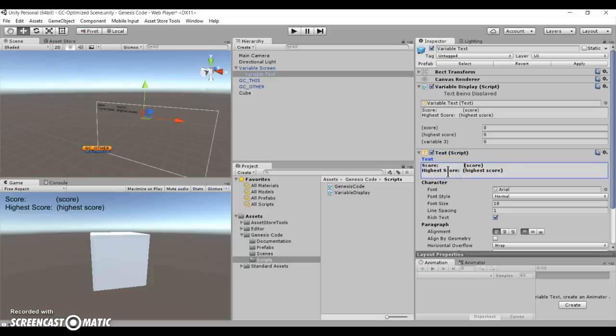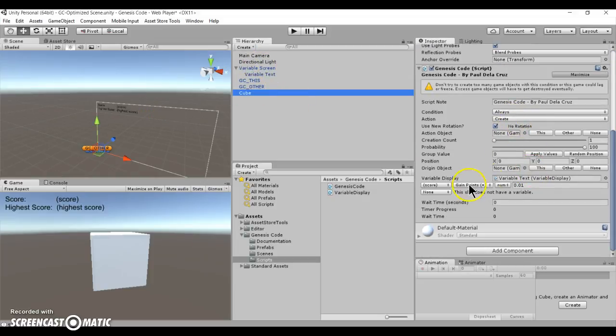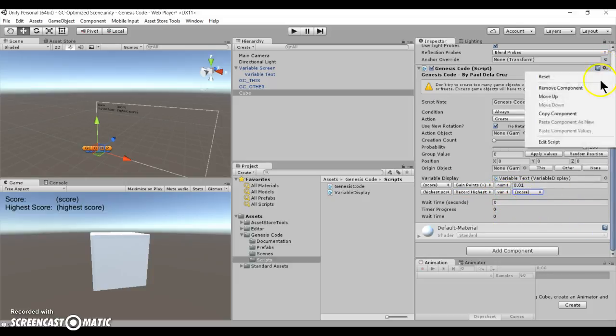There we go. I think that's good. So what that's going to do is keep increasing the variable score by 0.01. The highest score is going to record the highest value of this variable, for example, and maybe let's make another